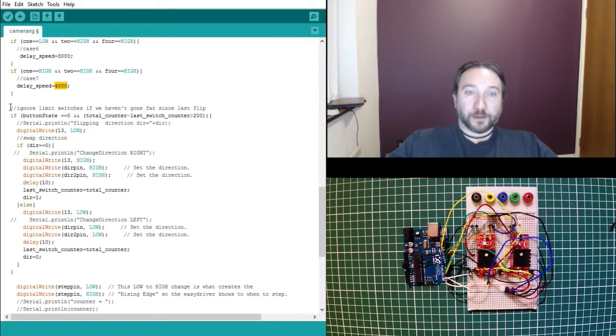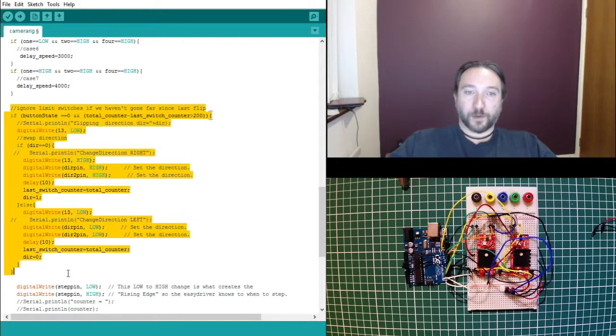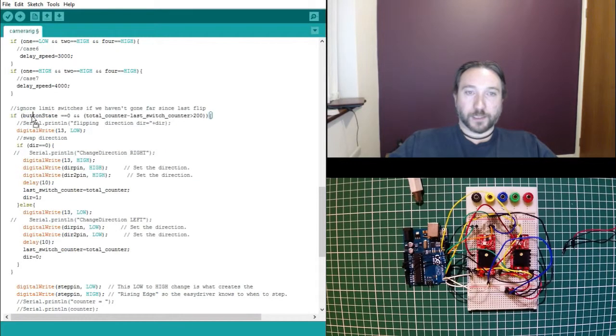So having gotten our mode inputs, we've also queried that end stop state, and I have a piece of logic here which again maybe looks a little complicated at first sight, but I'll just walk through it. Essentially, if the button state has gone low and now equals 0, then we know that the button has been triggered. I'll come back to this second part in a moment. If the button has been triggered, we just set